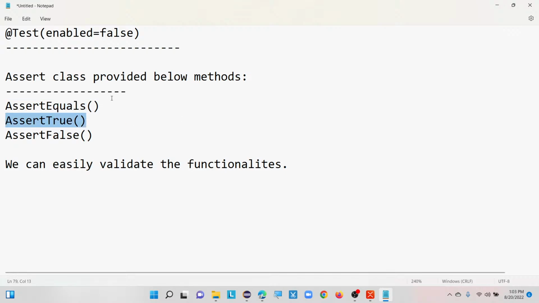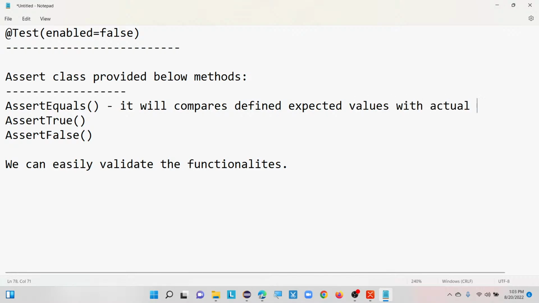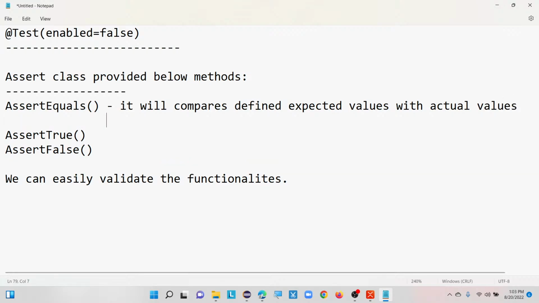So what is this assertEquals method? It compares the defined expected values with the actual values. When both are matched,